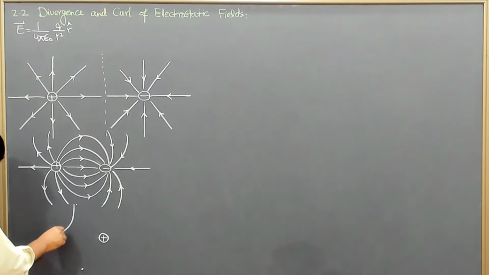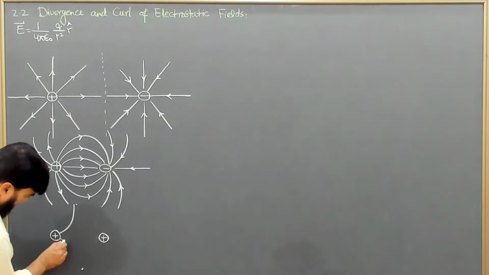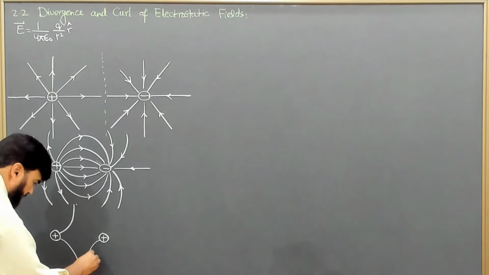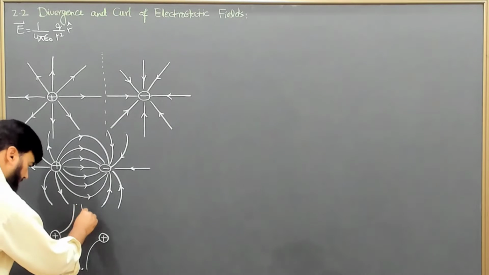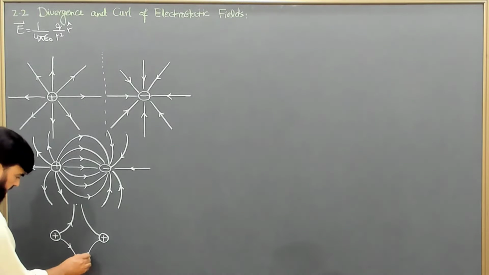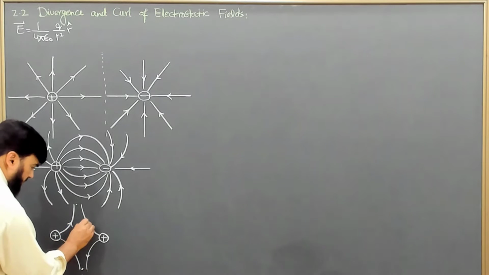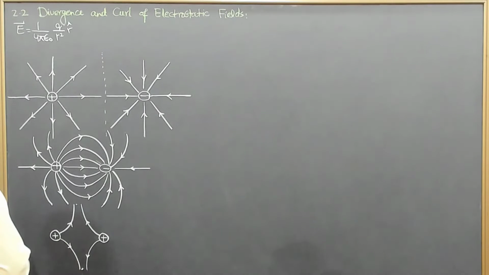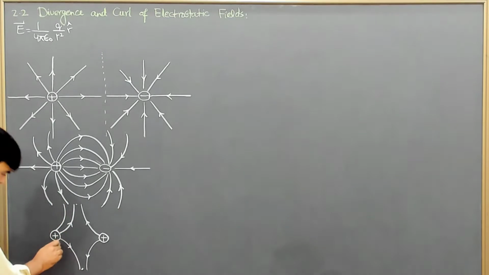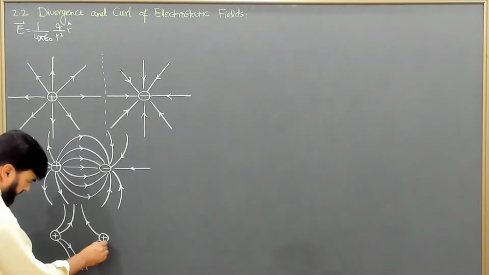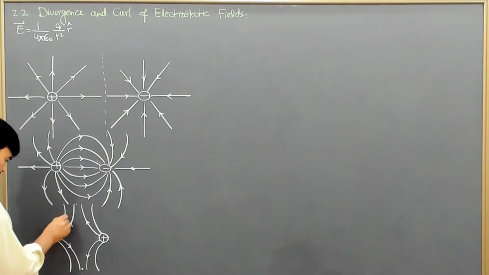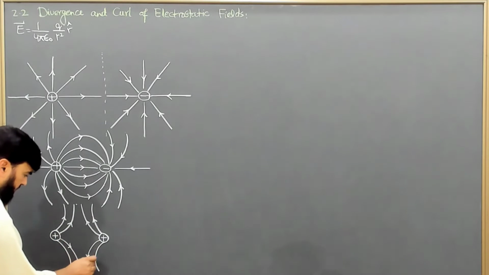There will be no line touching the central line, but they will just be going to infinity along this central point. So they will be repelling each other instead of attracting, because they are like charges. For both two positive or two negative charges, we will have the same situation. So here like this and like this, similarly like this, and we can draw as many lines as we want.